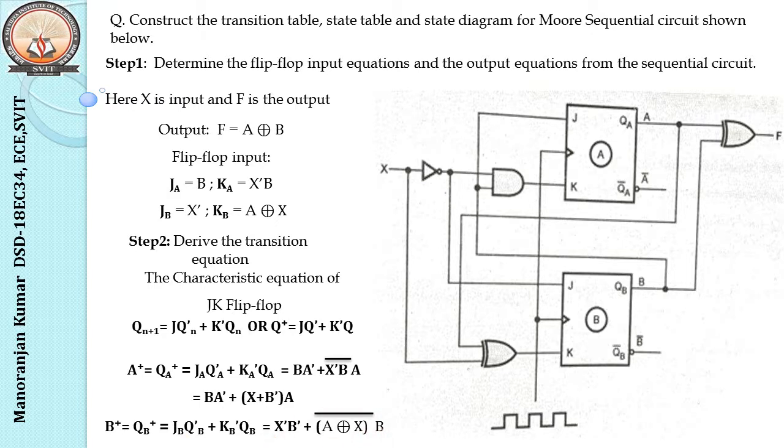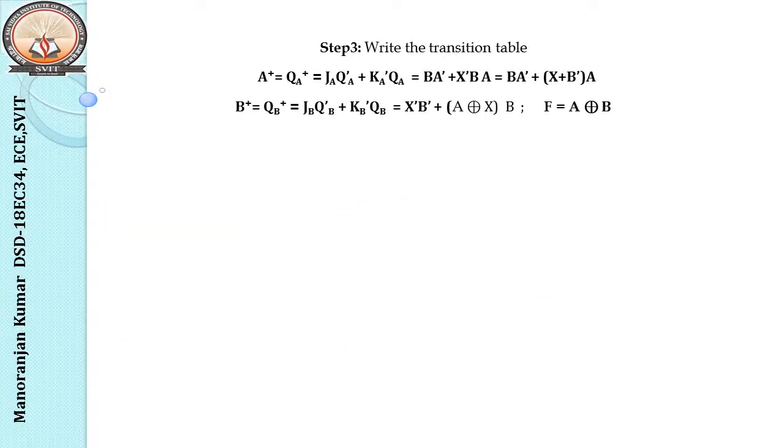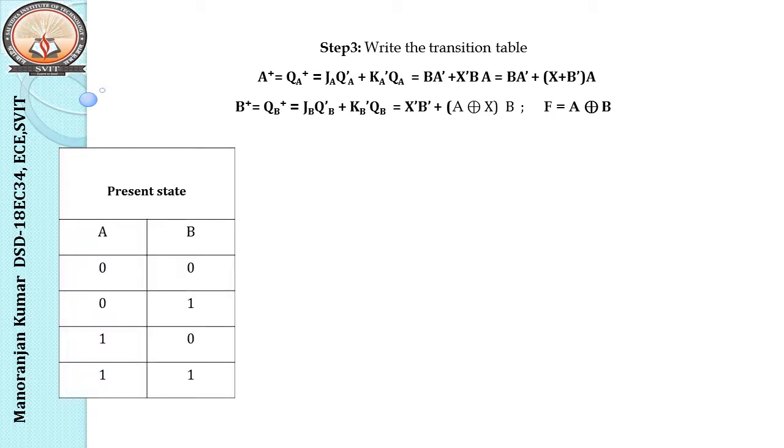Okay. So after finding these transition equations, find the transition table. This is the expression we have got, and I have written our output equation here as well. So we'll try to find the transition table. Since here we have two flip-flops, we'll get 4 states, that is 00, 01, 10, 11. Two by two, totally 4 states will be there. We can count up to 3 values, 0 1 2 3. That is the representation as the present state.